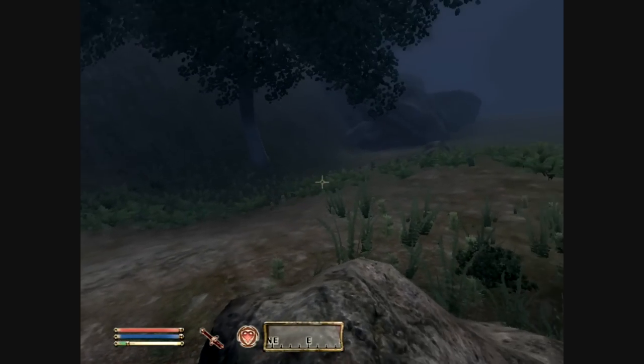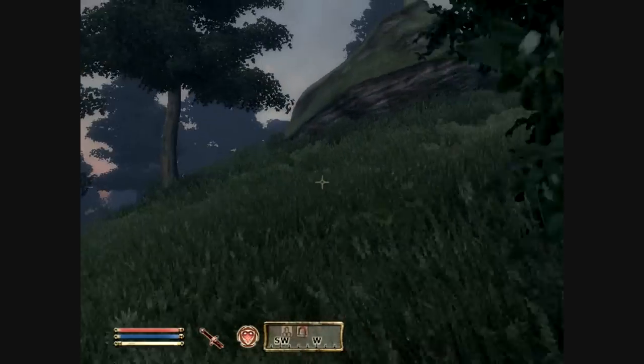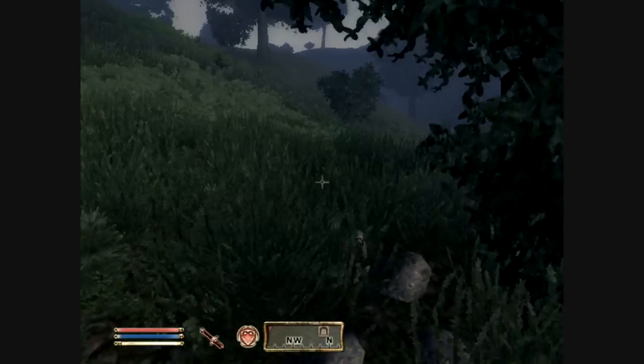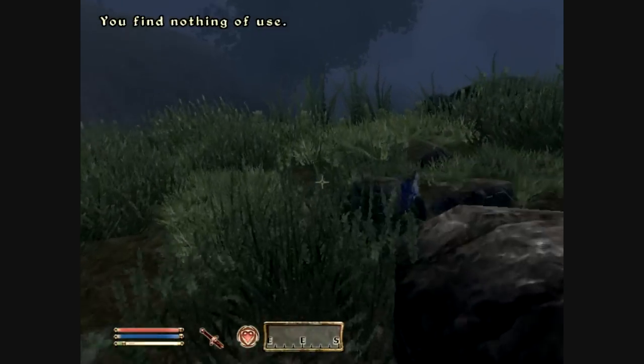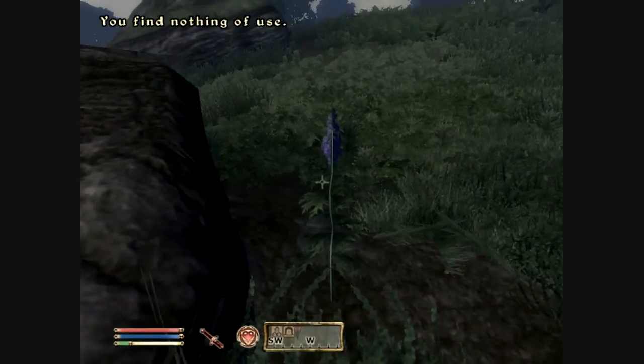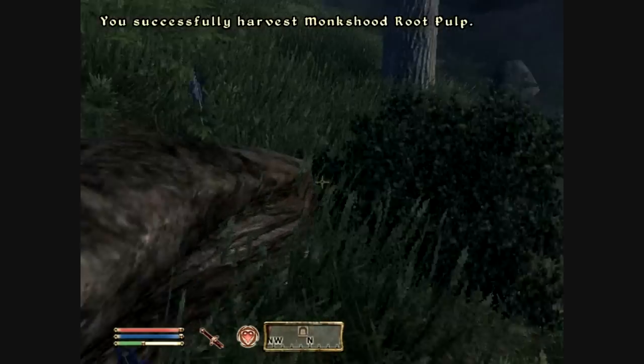the lower than 100% chance of picking. And as I said, most of them are mushrooms. We should be finding some of them up here. Here's more monk shoot. Let's pick that. Oh, there's one. When it says you find nothing of use, that means you failed to pick anything from that